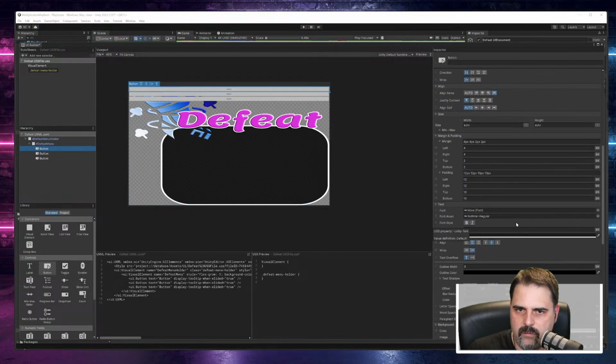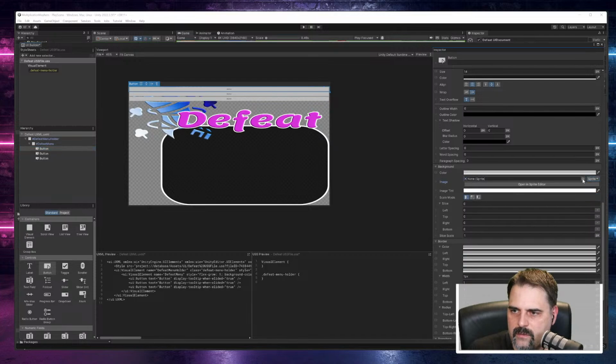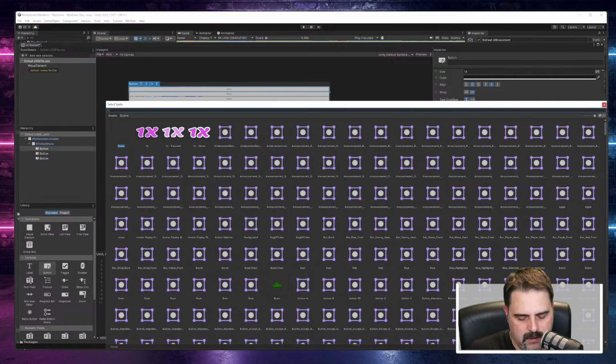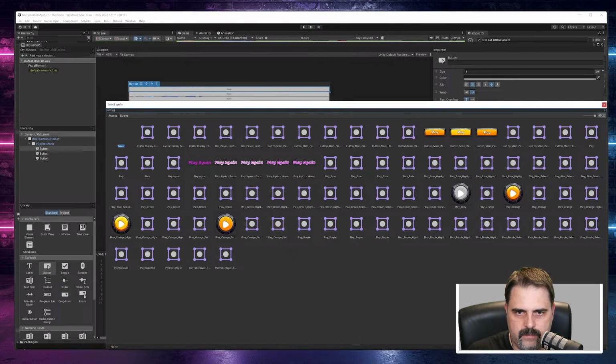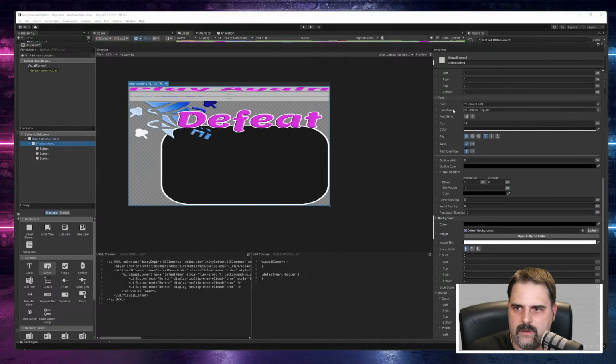I will pull in all the buttons first, and then I will try to make them actually look nice. Oh, there is just 2 buttons. Play again. Yeah, that's the right one. And also how you see this one is, okay, so